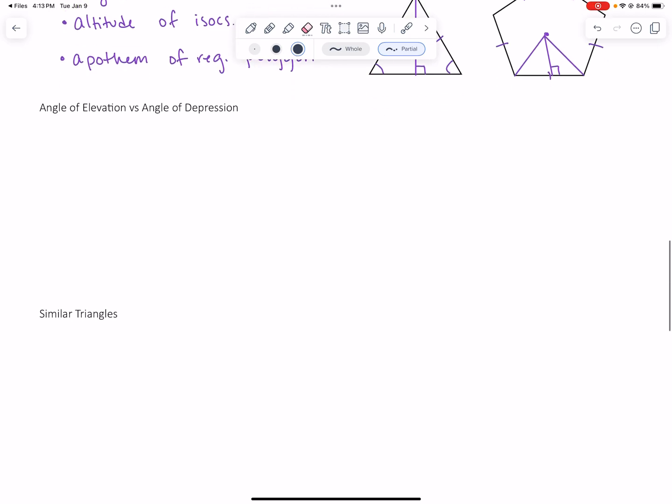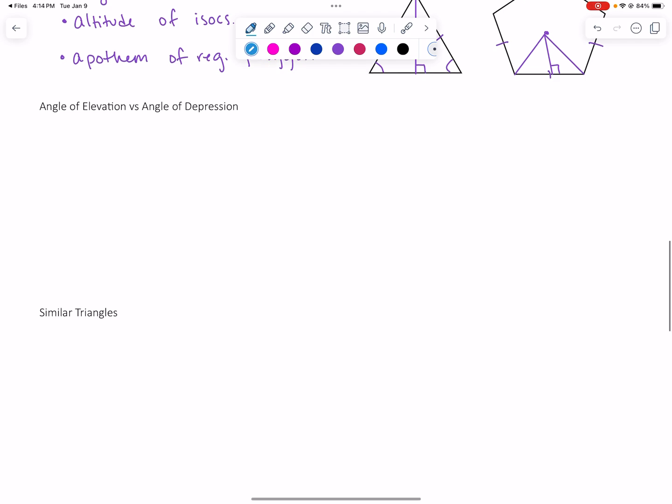Let's talk about the two things that will come up in terms of vocab. So you're going to have angle of elevation versus angle of depression. And this is basically the idea of, hey, if you got a little person down here at the ground, and let's say they're looking at this bird. I'm not an artist, so this is going to be my bird up here. So they're looking up at this bird, meaning that if we're talking about the angle of it,